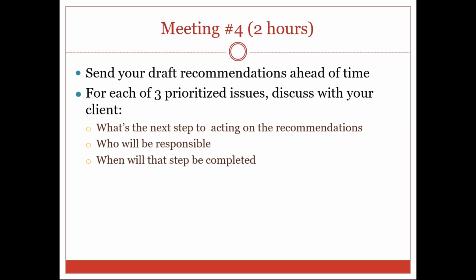Okay, so in that final meeting, when you're sharing your memo with draft or hopefully finalized recommendations, maybe draft if they have feedback on it, you'll want to touch base with your client on what an appropriate next step might be to act on their recommendations. Talk about who might be responsible, when that step will be completed, just to help shepherd them closer toward implementation. Again, our role isn't to see them through completion or achievement of the goals, but to point them